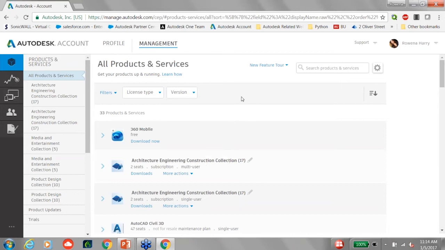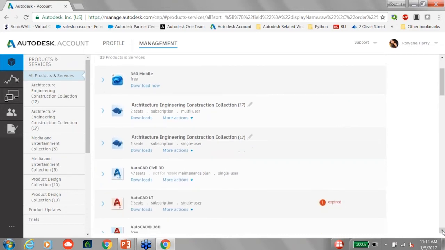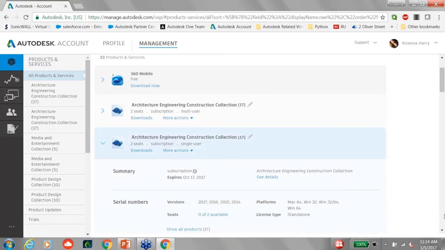But I'm going to just say, let's use one of these products, Architecture Engineering Construction Collection, as an example. So let's say that's what I was looking for. I purchased software. I need to now allocate this software to some users. And I noticed that when I go to the Management tab and the Products and Services area, I see my software listed here. If you want some more information, you can click the arrow to the left, and then